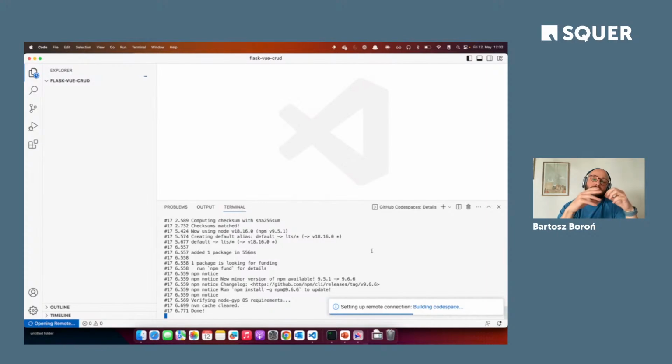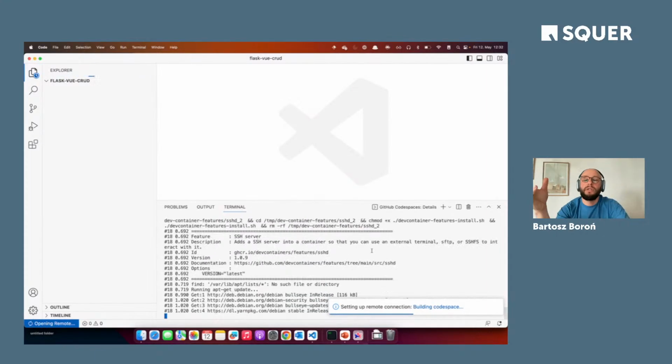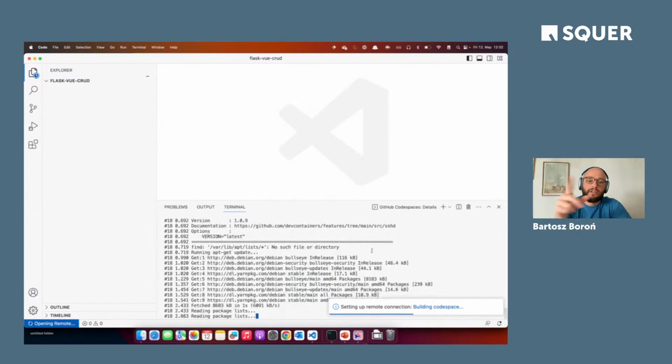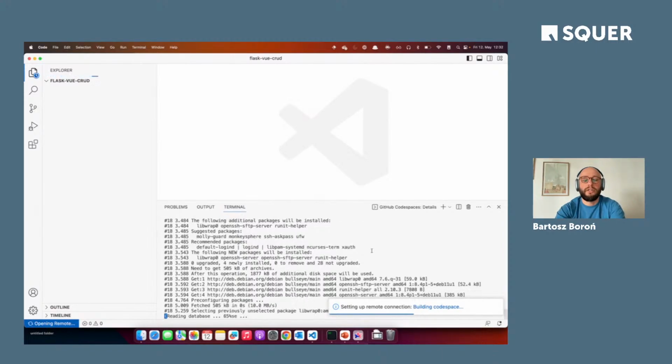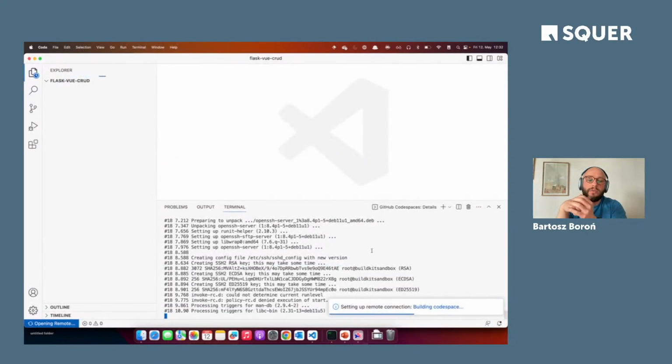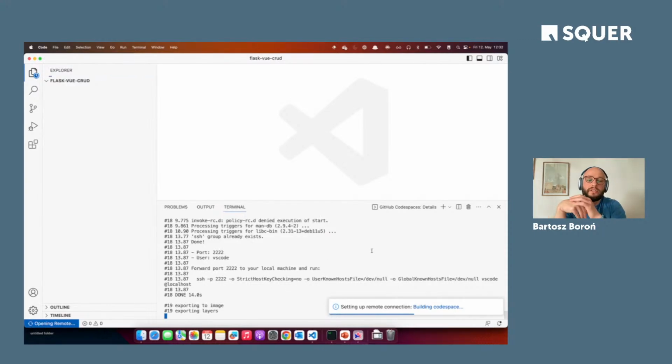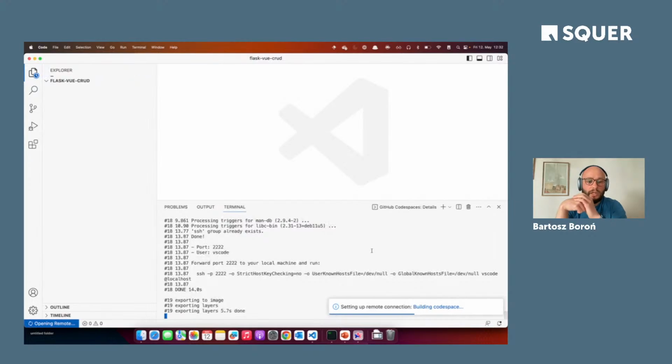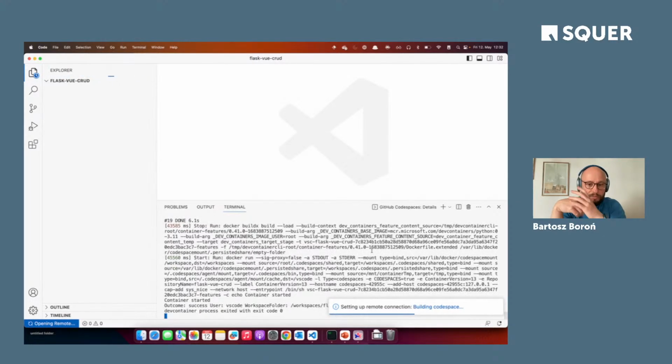And my local VS Code basically connects to it the same way as it connected to my local container. So if I look at my local docker ps, you will see there is no process running. Everything we see, all those logs, is coming actually from GitHub's cloud. It takes a couple of seconds, obviously, to spin up a machine.